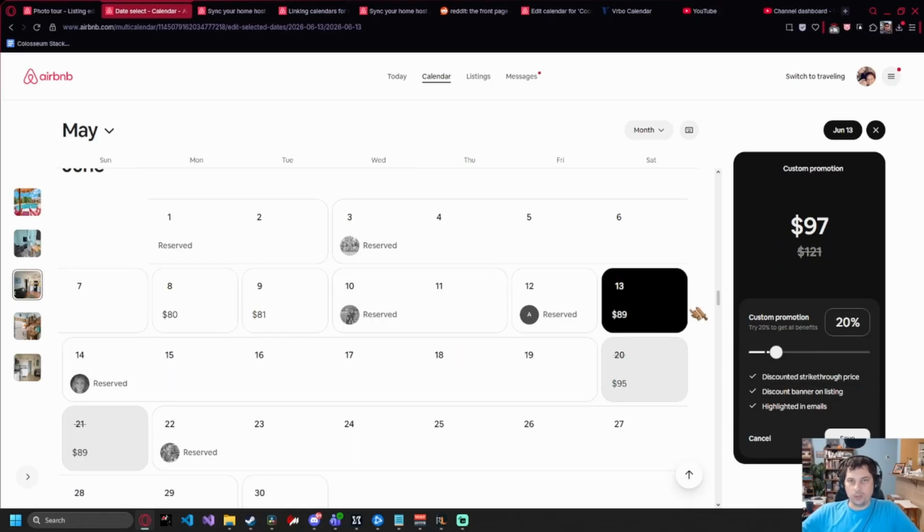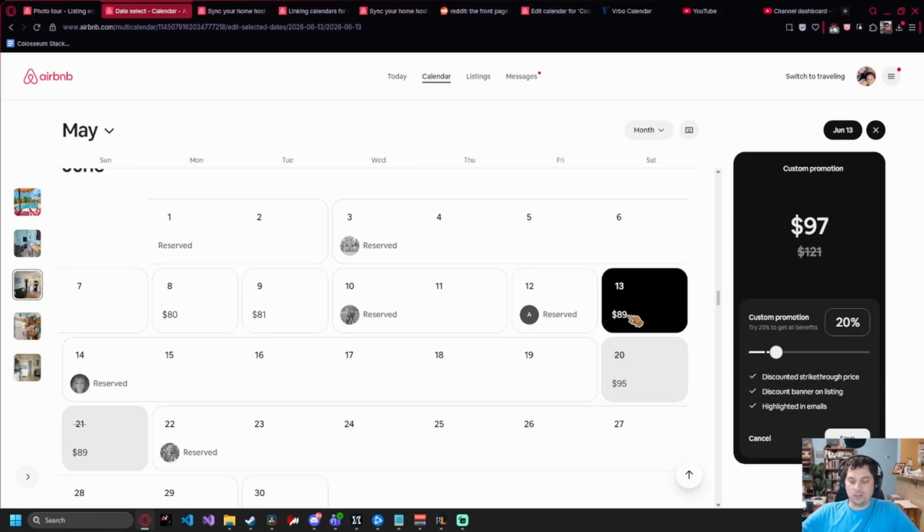feature. You can do up to 3 custom promotions for each of your listings and keep those running at the same time. So it's a really nice feature to be able to kind of get your listing highlighted, send out in emails. The really big thing is you're just increasing the advertising for these days, and it's not even at